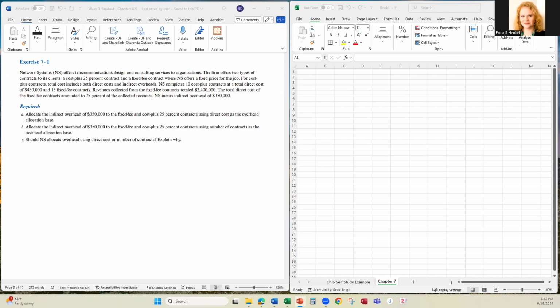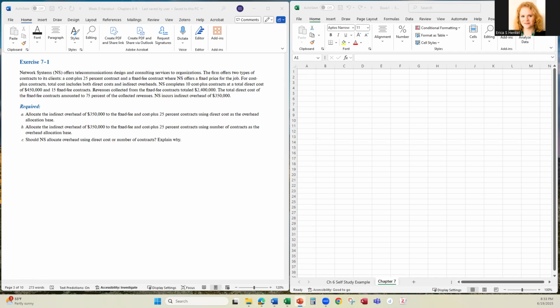When we do a cost plus contract, the total cost that we use to figure out what that is includes the direct costs and the indirect overhead costs. Direct costs are things like identifiable labor costs and identifiable materials. The indirect overheads would be all the other costs that get lumped in that we want to prorate out. So we've got this company completing 10 cost plus contracts and a total direct cost of $450,000